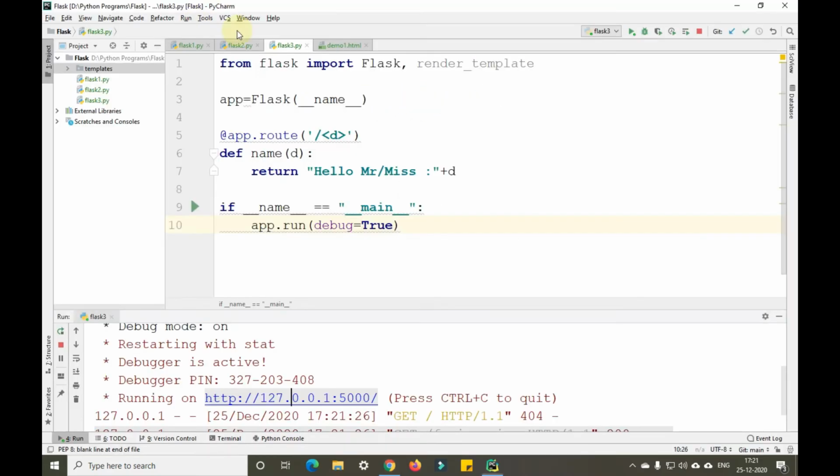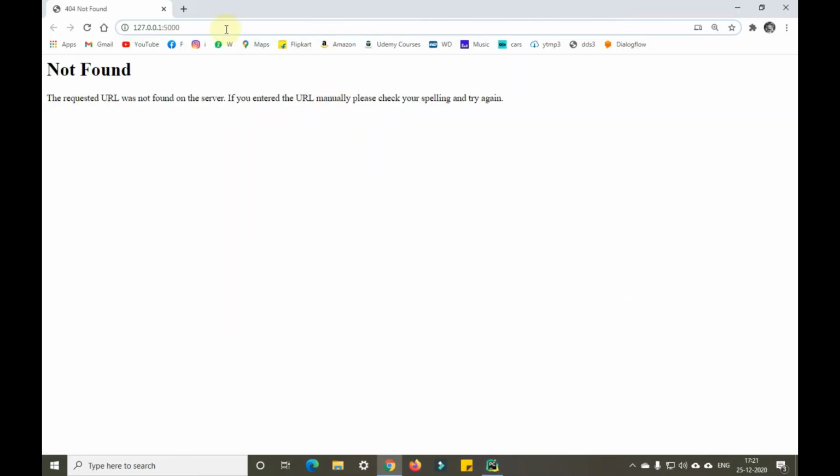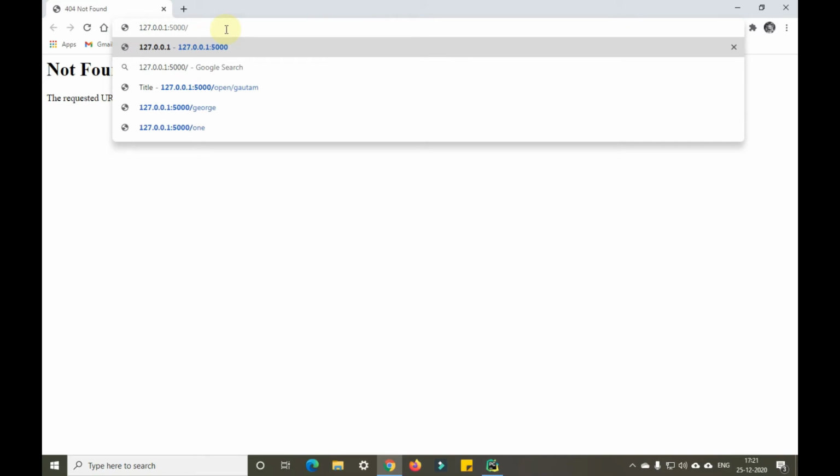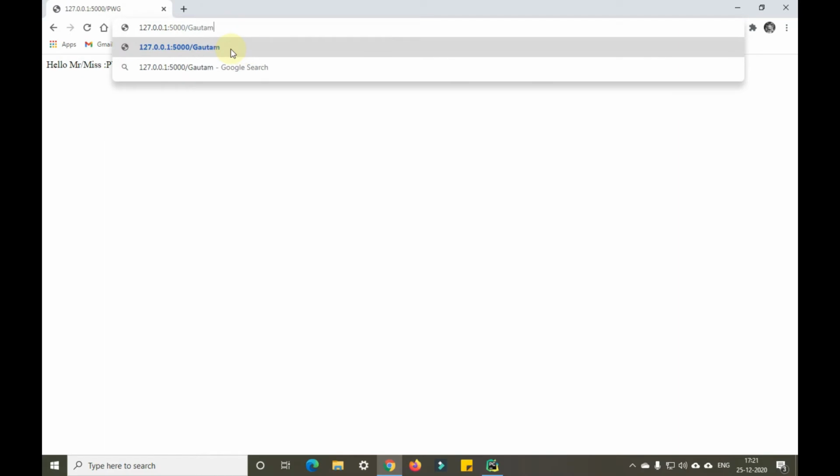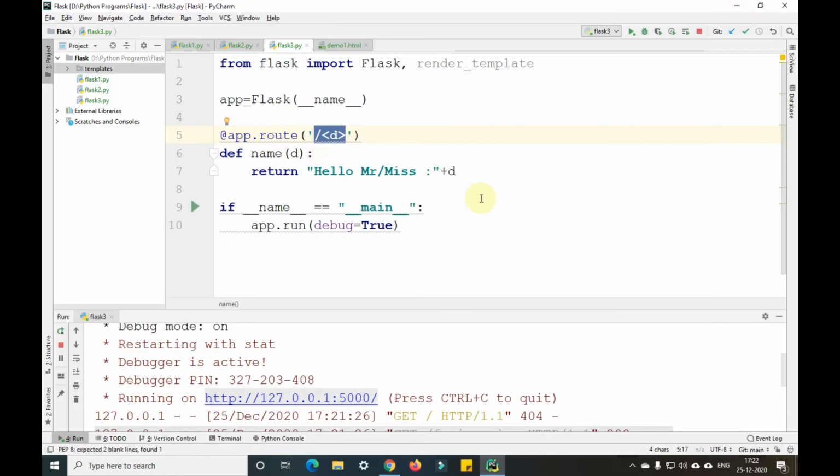Since we have given a slash and some name here, we'll redirect accordingly, slash pwg. Enter. You can see it is showing Hello Mr. or Mrs. PWG. If I change this to Gautam, it shows Hello Mr. or Mrs. Gautam. Again, if I change it to George, it shows Hello Mr. or Mrs. George. This is something unique which you have not seen in Django as well.